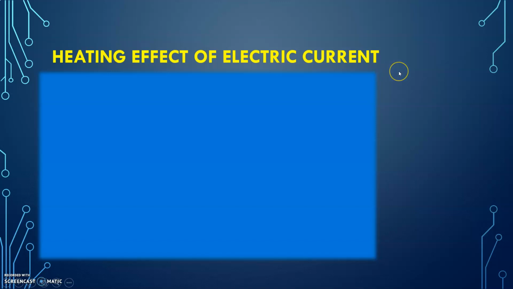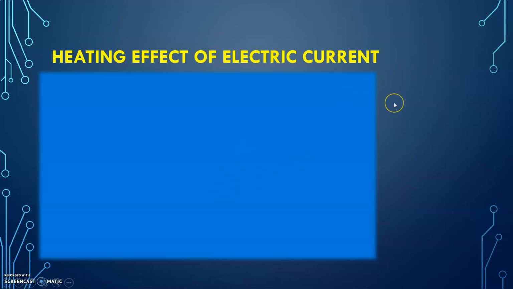Yes, we often observe in our day-to-day life that an electric fan becomes warm if we use it continuously for a longer time, especially these summer days. You might observe this kind of thing, right? Or when you switch on a bulb, after some time it gets warm. So why does this happen?